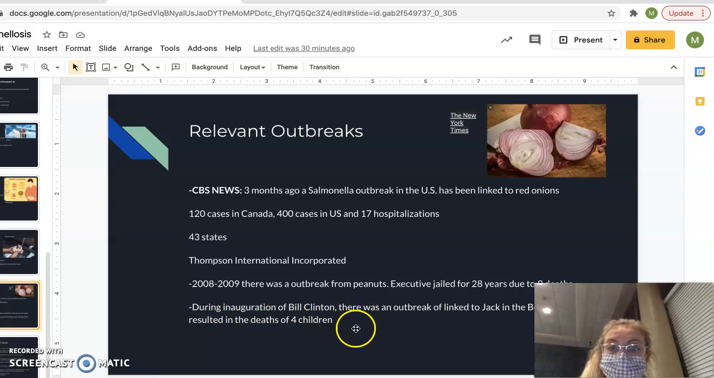And then also there was, like during the inauguration of Bill Clinton, there was an outbreak linked to Jack in the Box, which resulted in the deaths of 4 children, and that was the result of it being linked